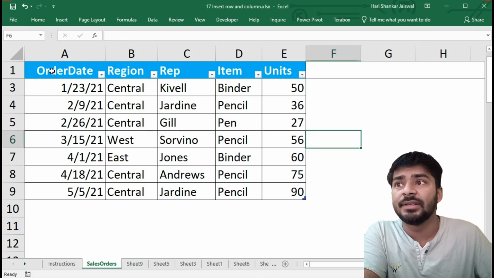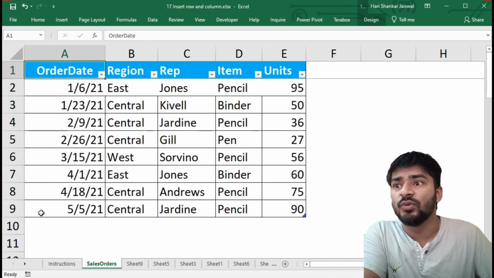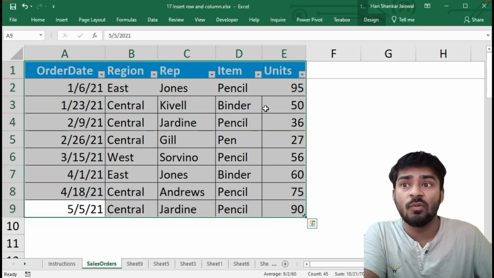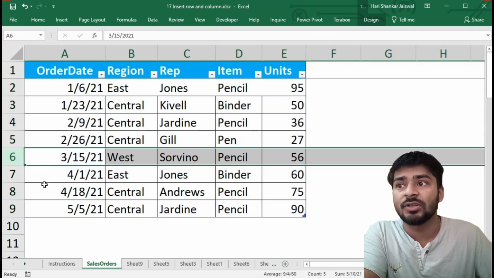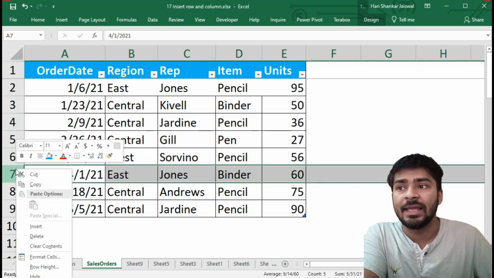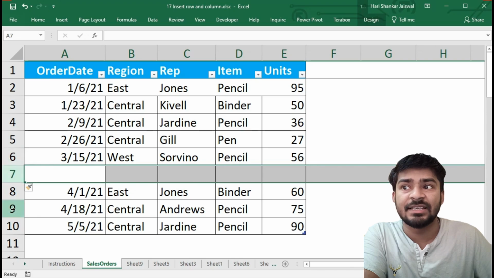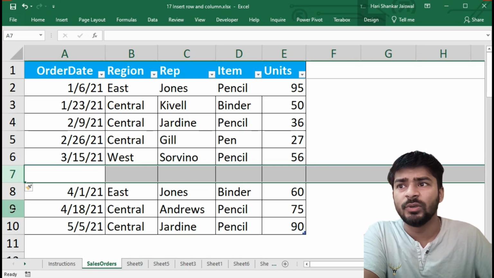You can see here my data is from 1 to 9, and if I want to insert more rows between these cells, I will just go here. Suppose I want to insert one row between 6 and 7, so I'll just click here and then right click, and then you will see Insert. I'll click it and you can see between 6 and 7 one row is inserted. This is a quick trick; you can also use a shortcut key